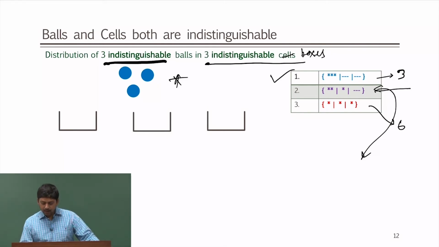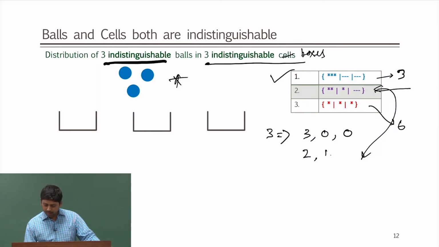Here it is either all the 3 particles in one box, or there is a 2 particle and 1 particle situation, or there is a 1 1 1 situation. It is almost like I am breaking my 3 into 3 0 0, or 2 1 0,